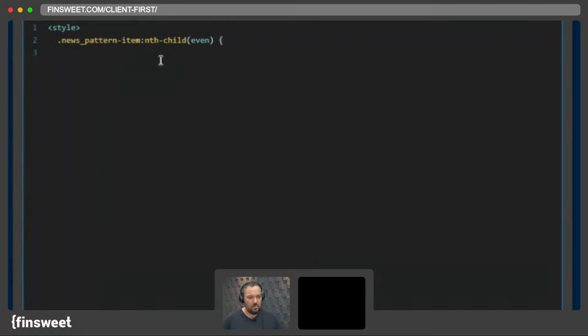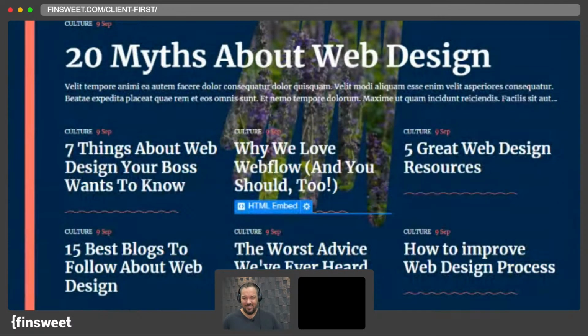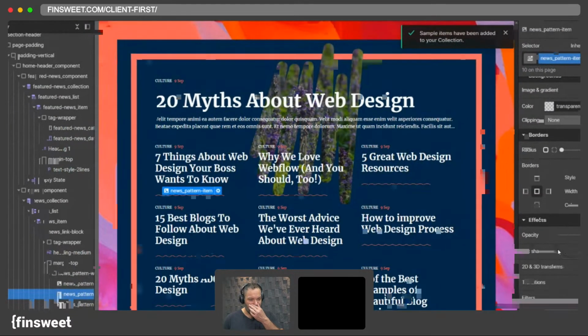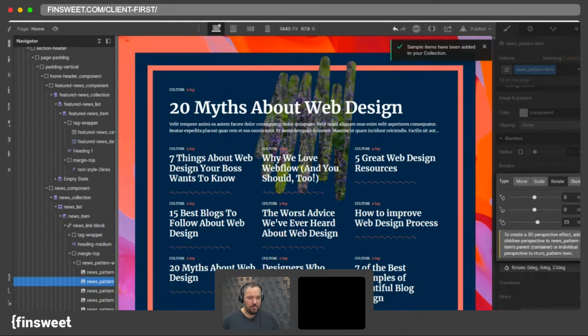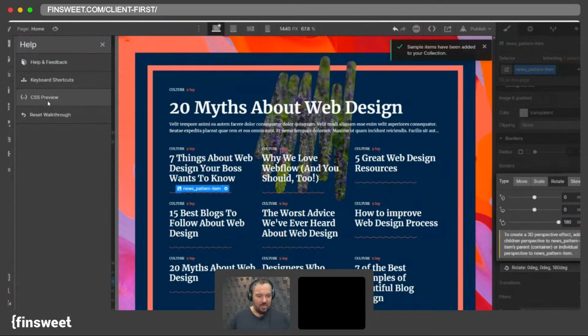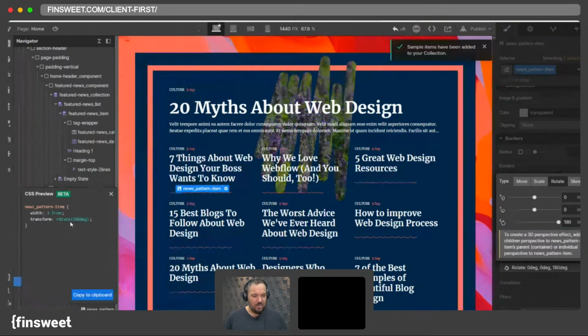Now I don't remember the transform property, so I can always use Webflow to actually recall the transform property. Let's go inside our transform and apply a rotation to it, just like this. Let's rotate this thing to 180. Here we go. And I can see the property here in the CSS preview. Now I know the property name. I can just copy this thing